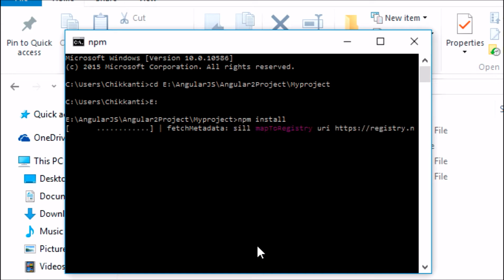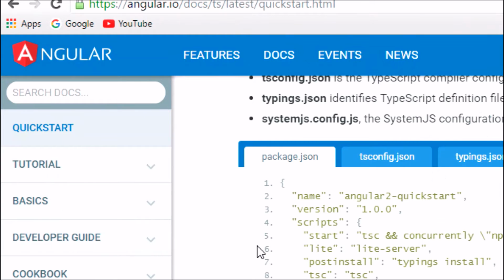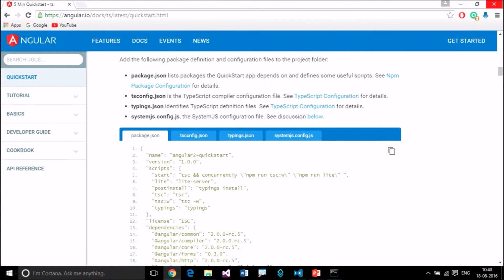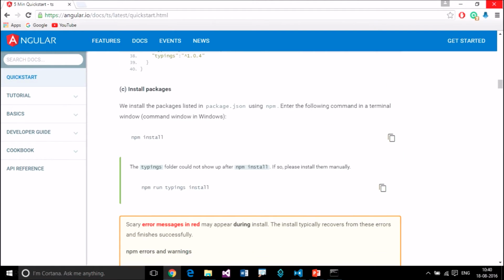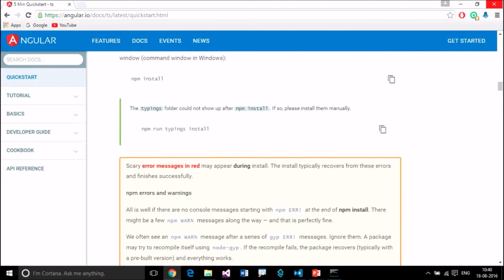Meanwhile let's look at documentation. After adding these files, install packages, so run npm install command. This will basically install typings and node modules.